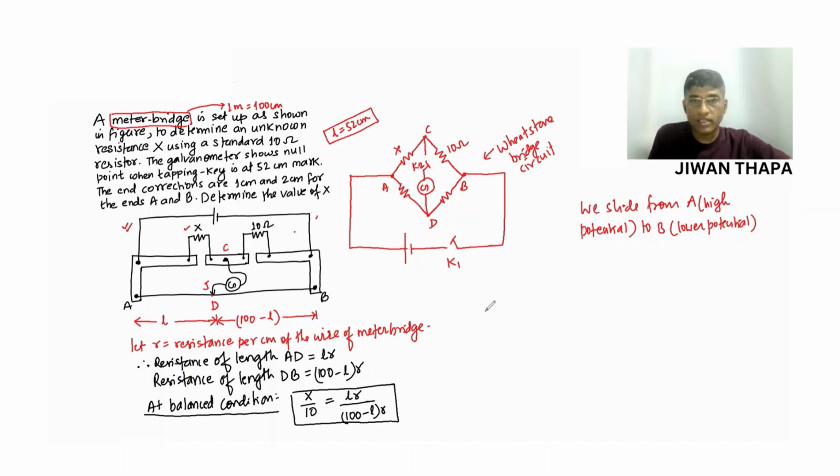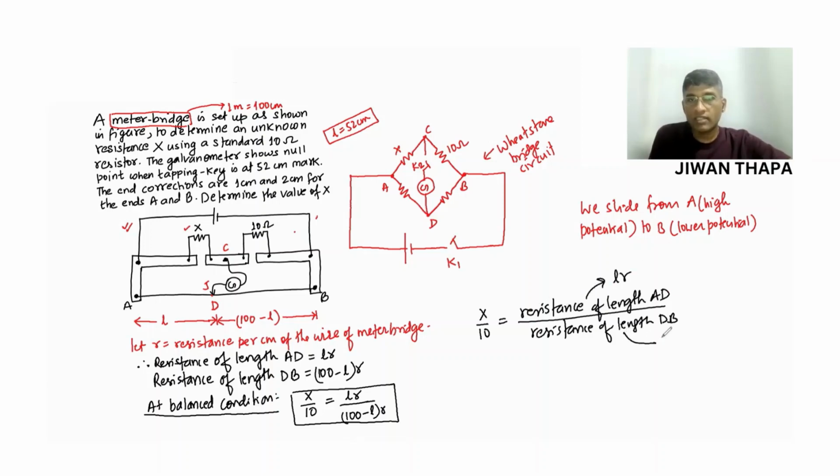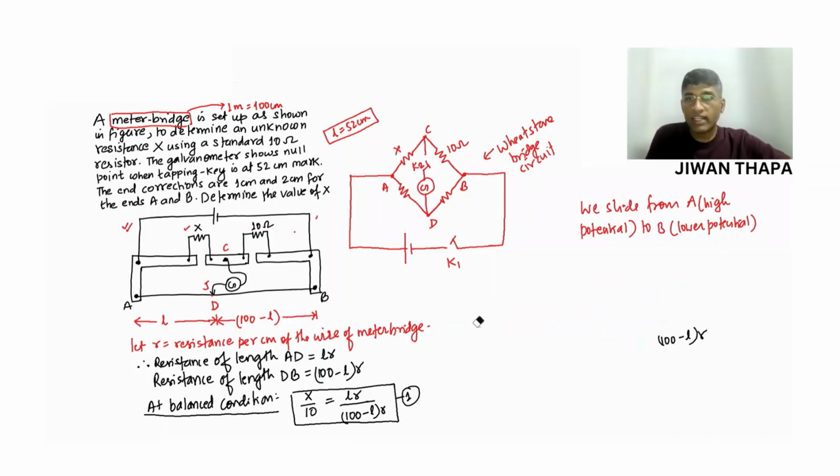Or we can write in this way, x by 10 equals the resistance of length AD by the resistance of length DB, and we know this is LR and this is (100 minus L) times R. So we have this. Let's call it equation 1. We are writing equation 1